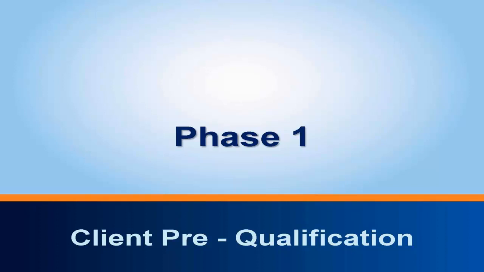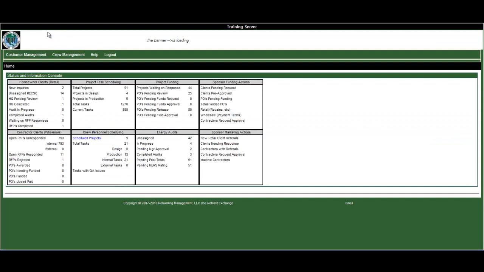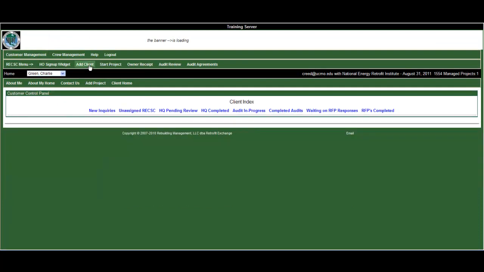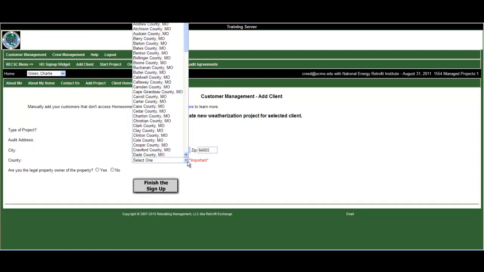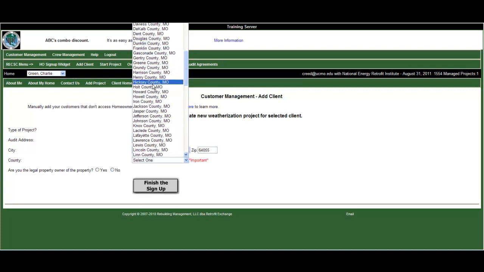Phase 1 starts with a client inquiry, which can be through a web form, from a referral, or over the phone. In any case, the client's basic information is captured on the client inquiry screen. The first screen captures billing information, and the second screen captures information about the home for which the energy retrofit will be performed. County is a very important field,